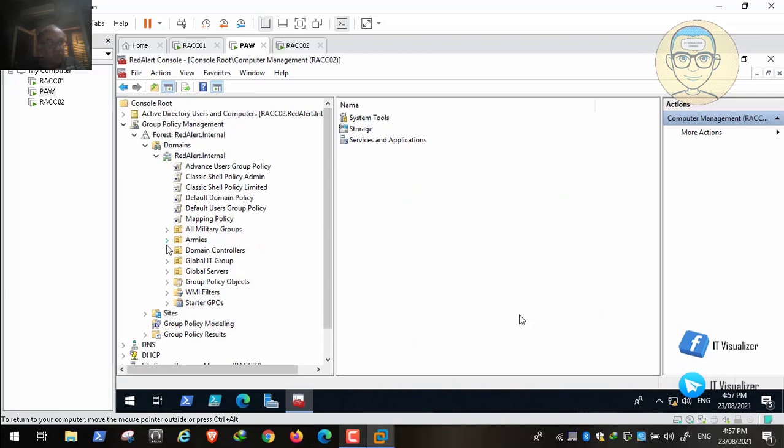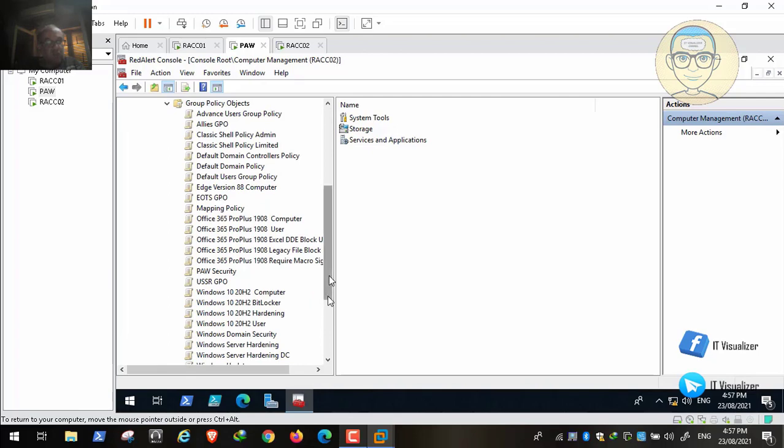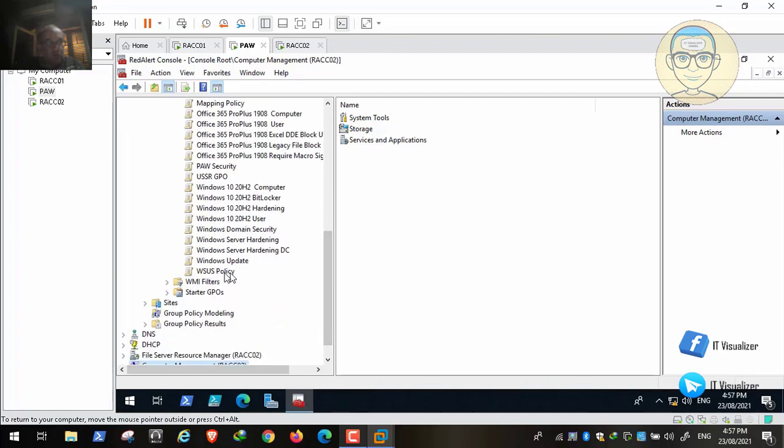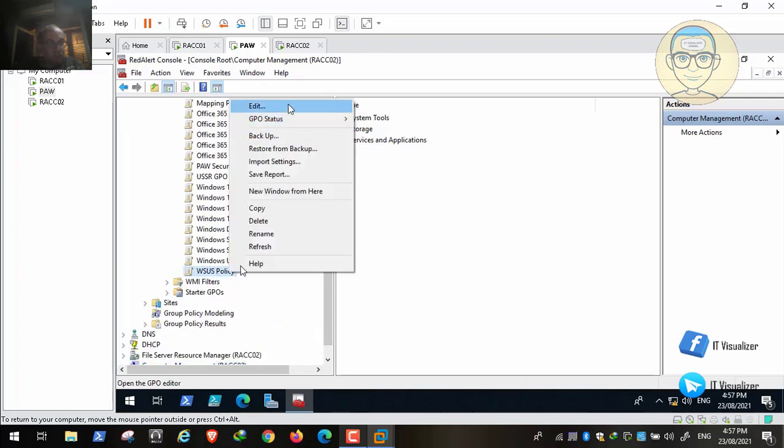We have discussed this before. So now we will open the group policy objects, and we have another group policy called WSUS policy. This will be applied to the workstations. We tell it edit,